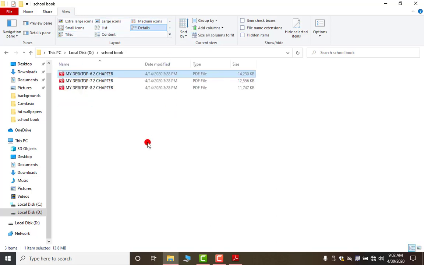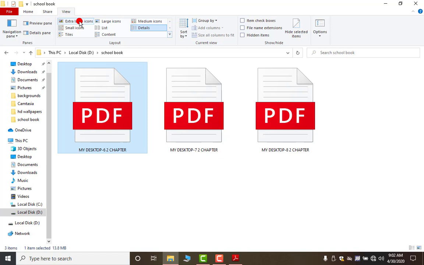As you take your mouse pointer on one, the icons, or you can say the data, will change accordingly. Look, I'm taking my mouse pointer on the extra large icons. As I do this, the icons change to these very big icons. These are the PDF files of your computer book, class 6, class 7, class 8.